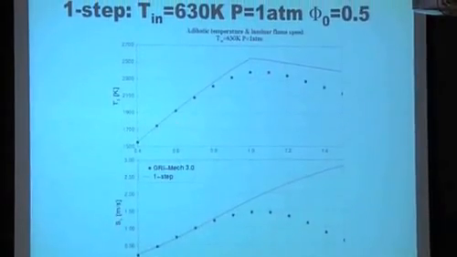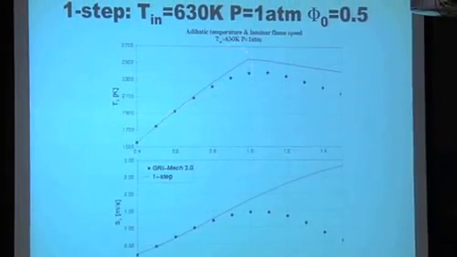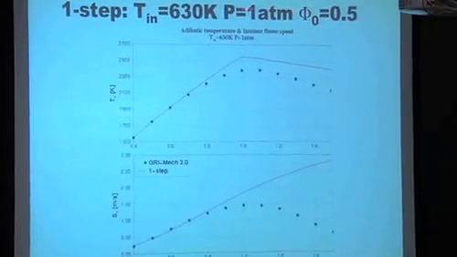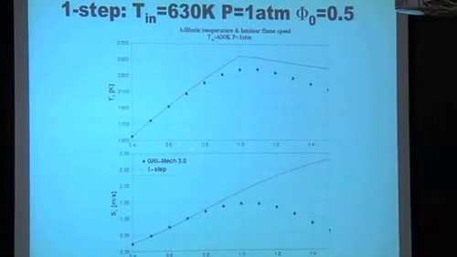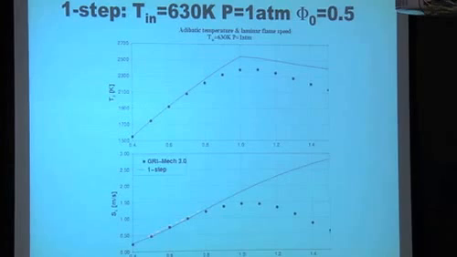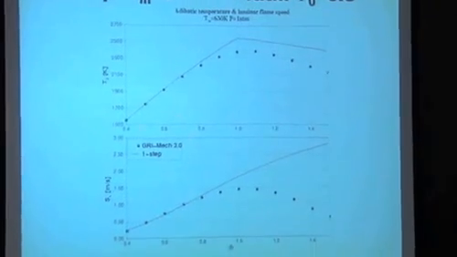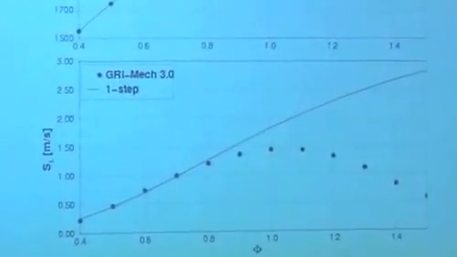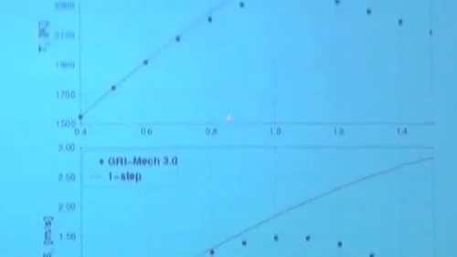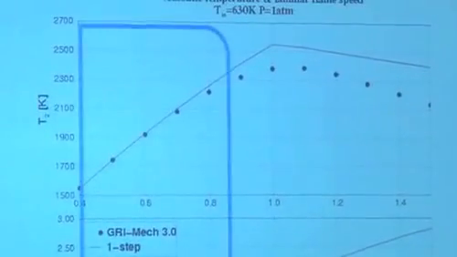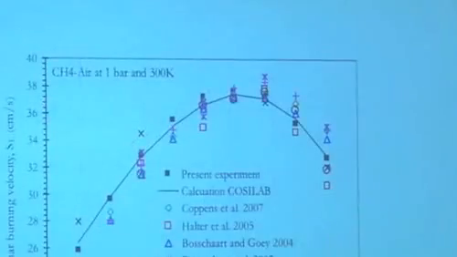So this is a comparison after that when you start improving. This is a different equivalence ratio here, a different temperature. So it's a different scheme. But this scheme does correctly for the flame speed, and it does correctly for the flame temperature until 0.8. So if you are between 0.4 and 0.8, you can use this scheme directly, and it won't be a problem.